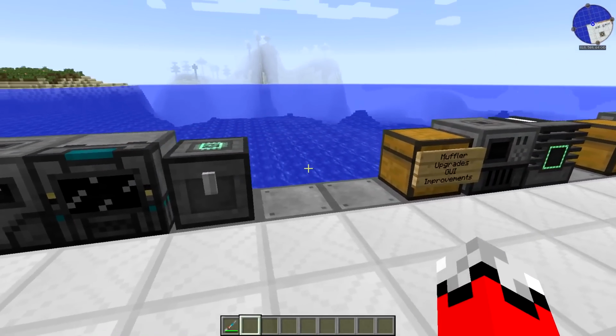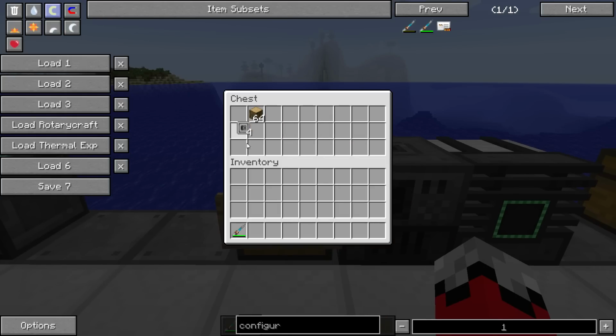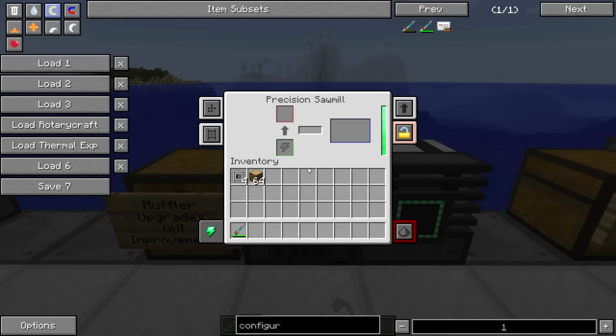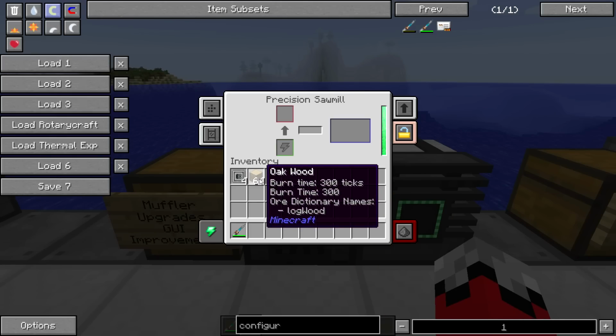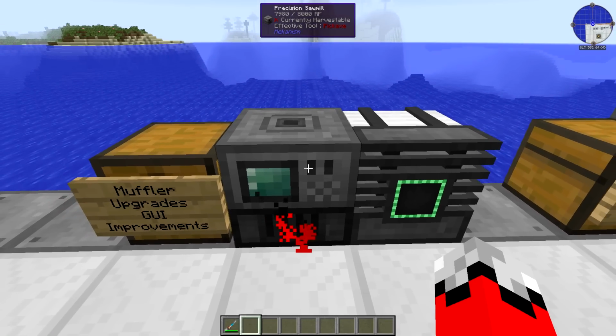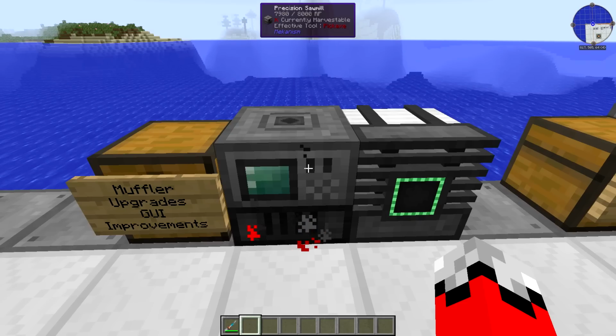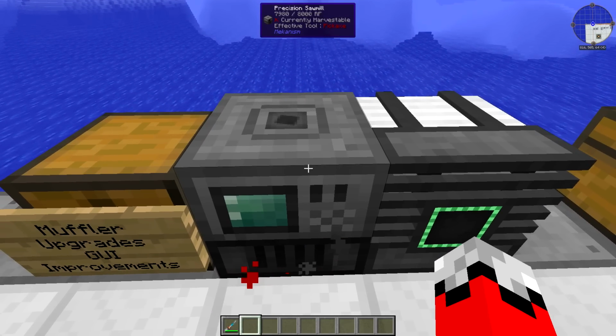So what else is new in Mekanism version 9? Well, we now have muffler upgrades. Yes. This is something that I think everybody has been asking for at least 2 versions. And the way this works, we'll just put something into the sawmill, which is one of the loudest machines that you can get in Mekanism, although I have noticed that the sawmill isn't nearly as irritating as it used to be. If we put something in there and we stand right on this block where we can hear it,